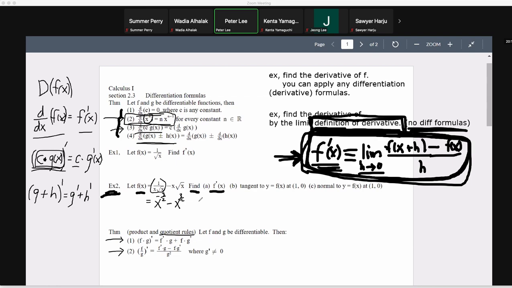Okay, so we have this. Now part A. Now it's time to find f prime. So what is f prime? This is different here, so we have to take the derivative separately, because now we have rule number 4. If you have a difference of two functions and we take the derivative, how do you do it? We just take the derivative separately, and then take the difference. So the derivative of the first term is minus 3 over 2 times x to the negative 5 over 2 power, and then minus